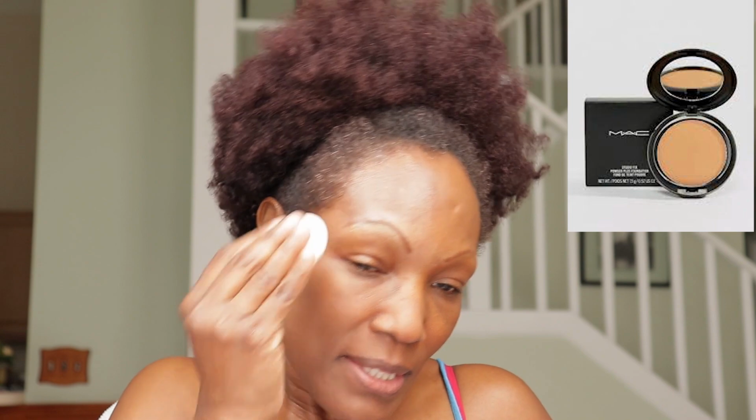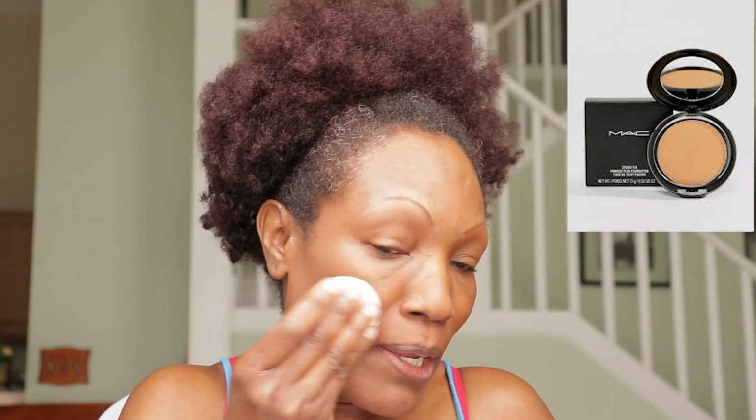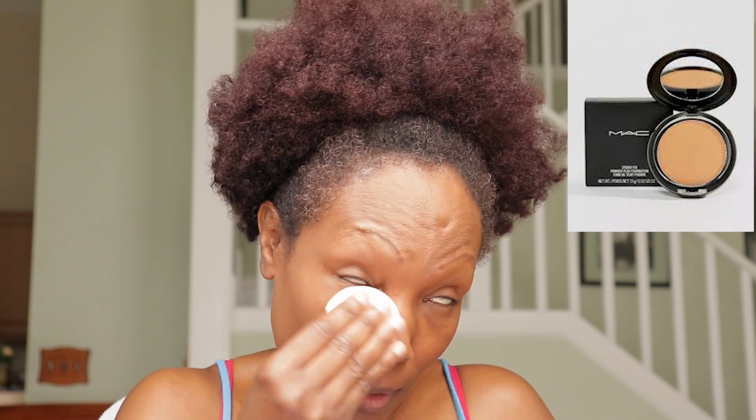I love a powder foundation because it's simple, it's quick, it's easy to use. If you're a beginner, a powder foundation is the perfect foundation to start with because it just applies nicely. You can manage it, you can manipulate it and make it work according to you, because the liquid one can really get away from you. So this is the MAC